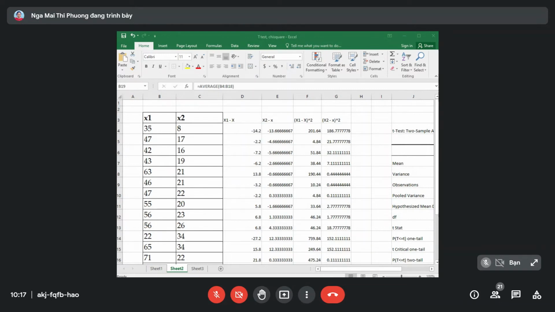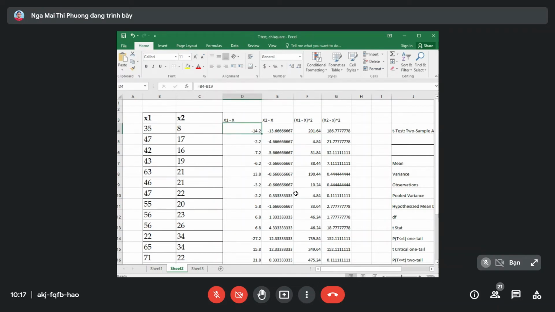You will see in the slide. You calculate step by step. So you have H minus the average of sample 1, H minus the average of sample 2. You calculate step by step